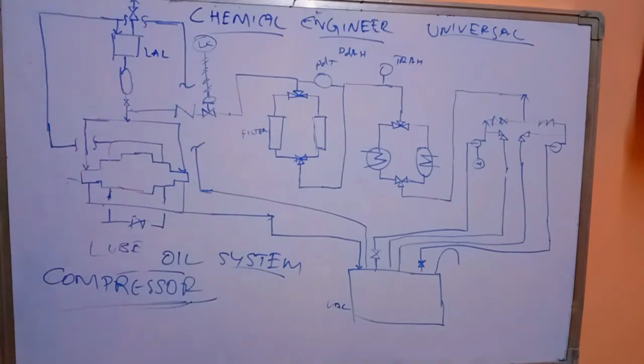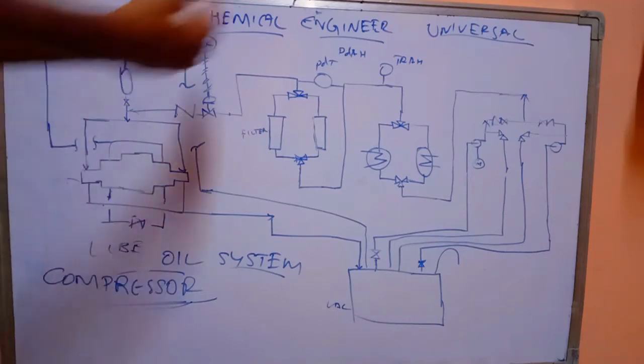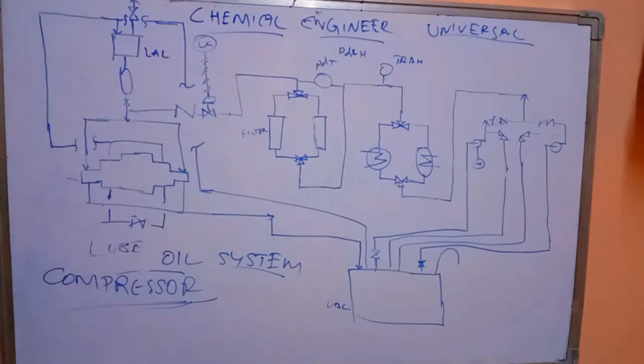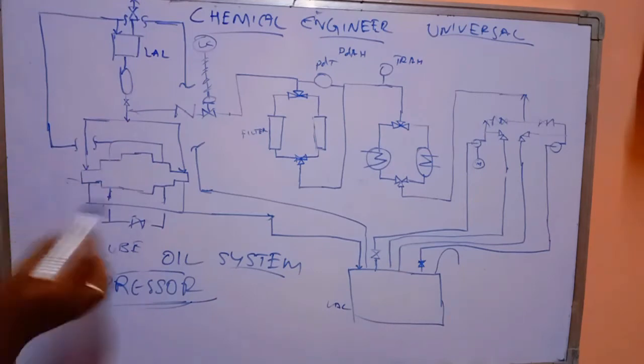The lube oil system is very important for a compressor, and even for higher capacity pumps. If the lube oil system fails, the total equipment may be damaged. Even for a small pump, that will cost much. If the pumps or compressors have 11 kV motors or higher, it is a very big asset.